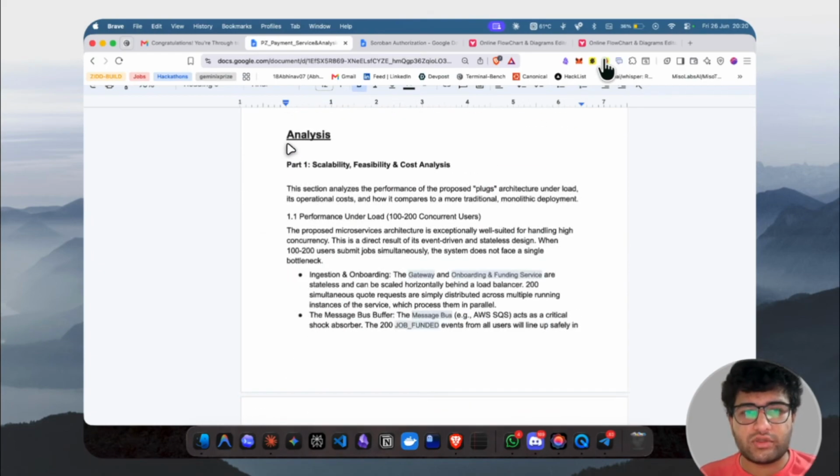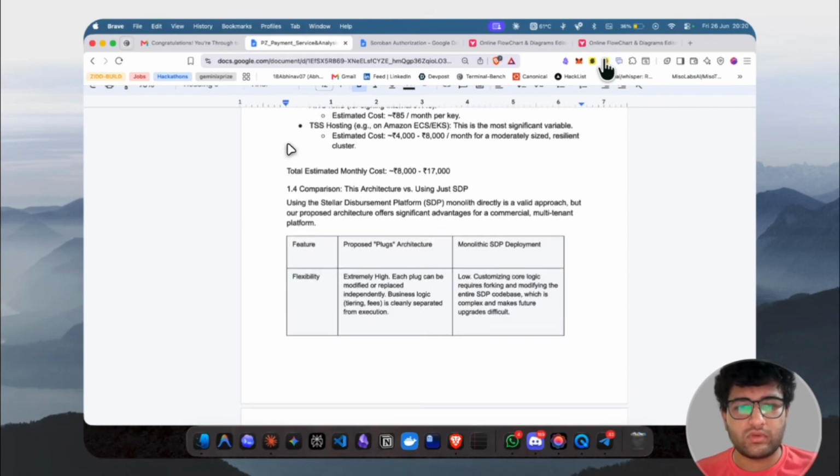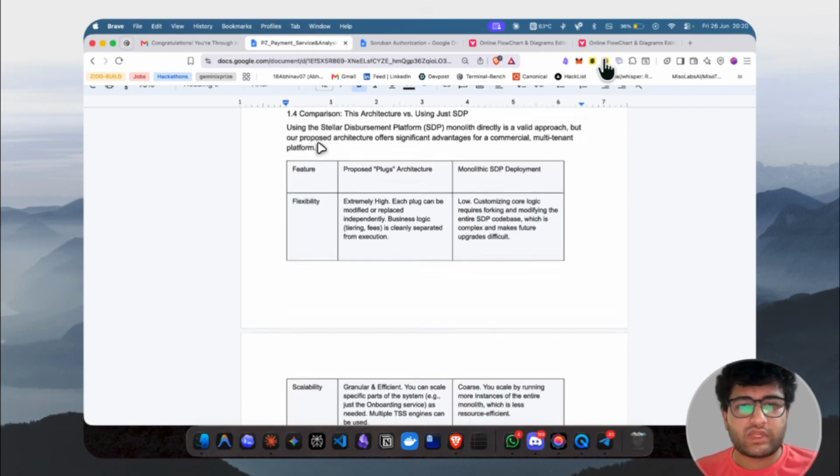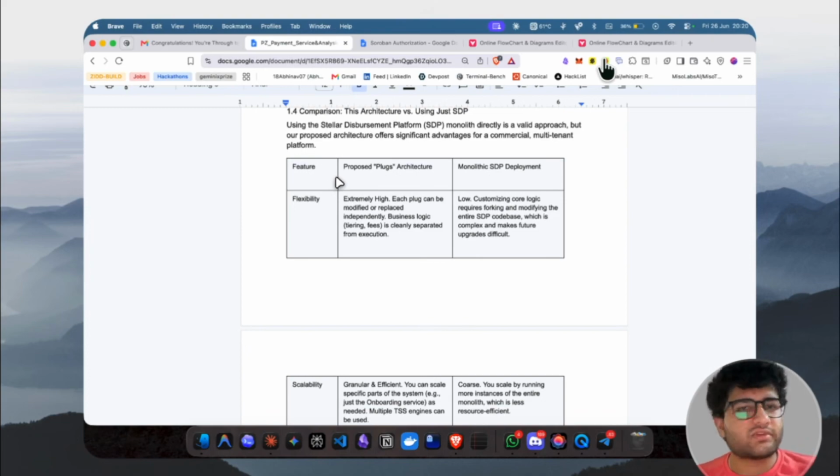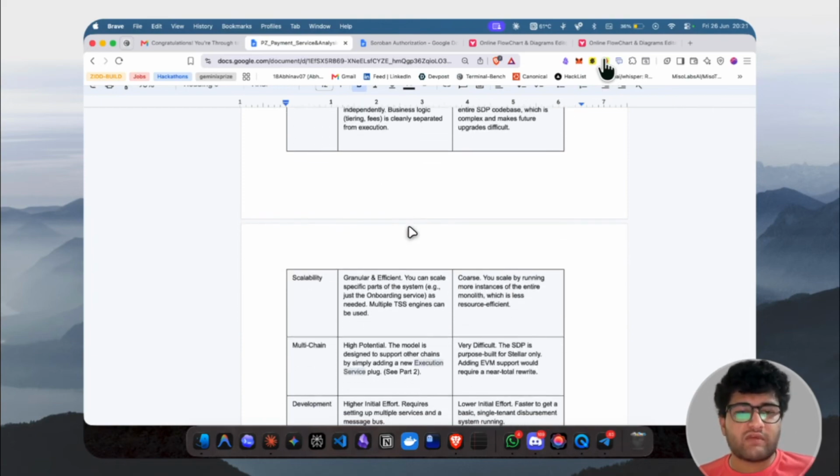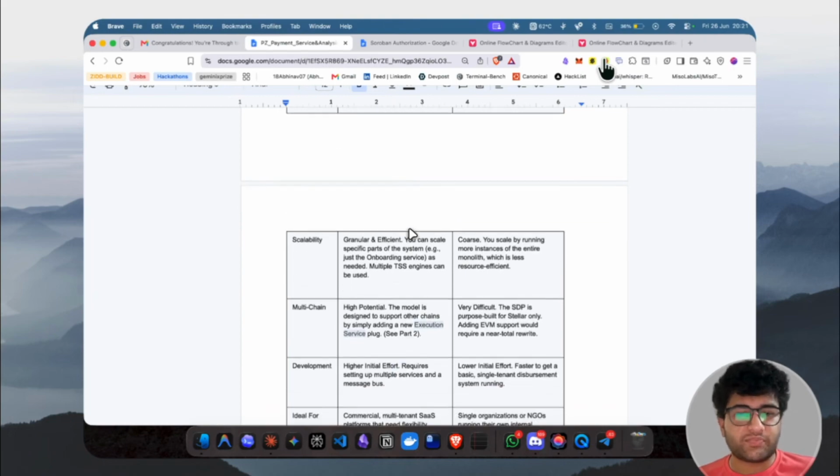I want to just show you the difference of what we compared at that point in time. Why did we build this microservice kind of architecture for TSS? Because the monolithic one had a very low customization rate and upgrades were very difficult. We were trying to move to multiple ecosystems, so supporting multiple chains required us to build the SDP for those chains from scratch. But with this microservice architecture, we could just improve the onboarding and execution engines as per the chain, and then integrate directly to the core ecosystem. So we don't have to build the entire system for all the other chains.